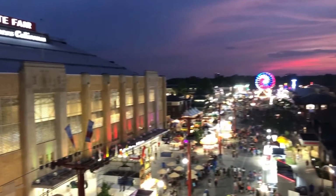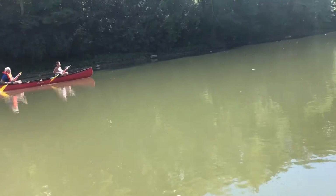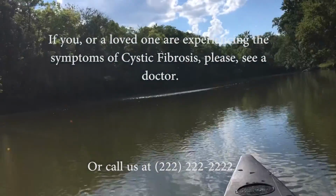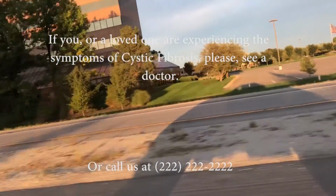People may still carry on with their everyday lives. Children with cystic fibrosis can still go to school, and adults with cystic fibrosis can go to work, but these treatments and symptoms build a huge roadblock in day-to-day tasks. Talk to a doctor today if you are experiencing any of these symptoms. It might be more serious than